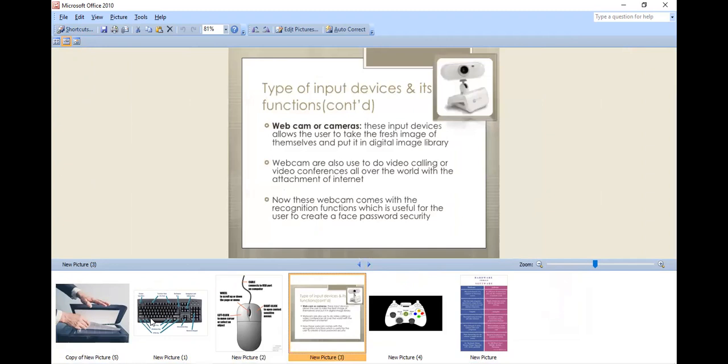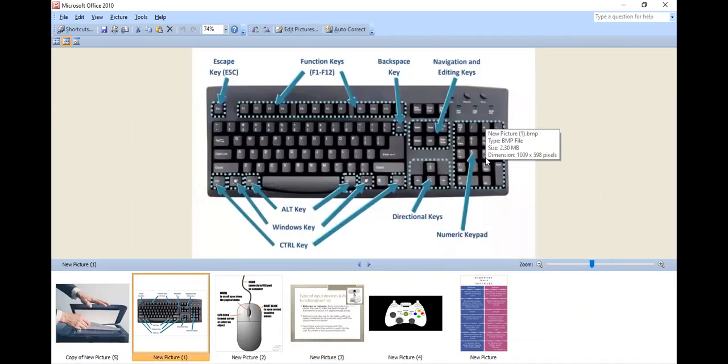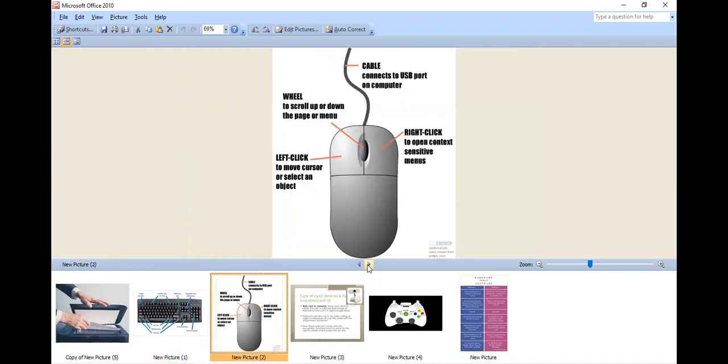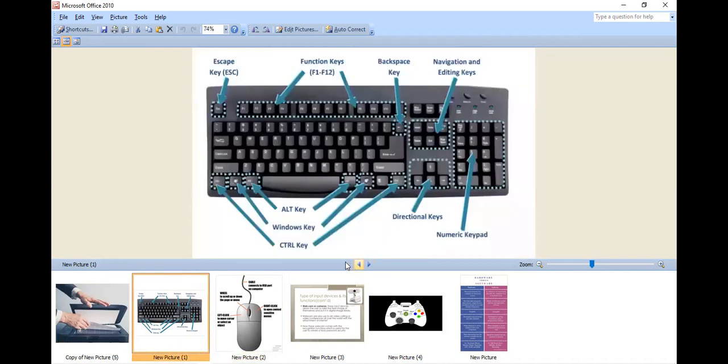Okay, then next are the navigation keys and editing keys, which are used for different things like page up, page down, ending programs, deleting programs, deleting the text, etc. That is why it is called navigation and editing, because you are performing navigation. You are changing like this. This is called navigation. You are going from one location to another location, from one page to another page, and that is called navigation.